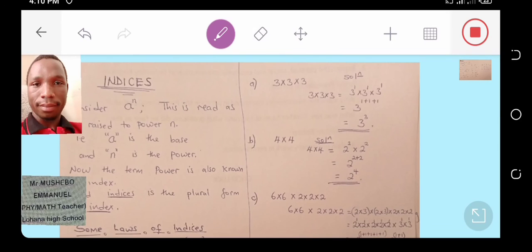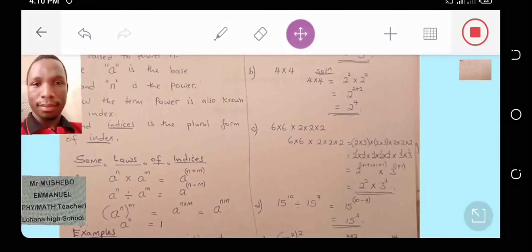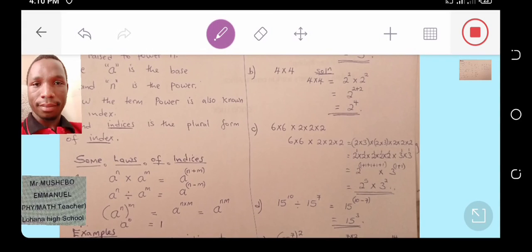Then part C, the solution to part C, we have 6 times 6 times 2 times 2 times 2. So these ones here, now still when you come to 6, there are two prime factors there, which is 2 and 3. So we can separate them. That is 2 times 3 times 2 times 3 times 2 times 2 times 2. So still here we collect the like terms, those bases which are like